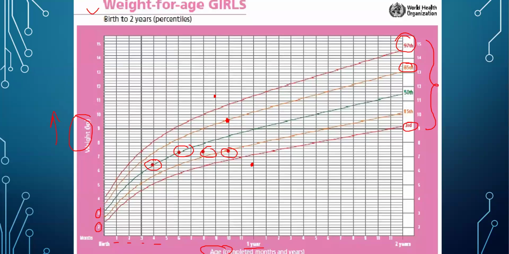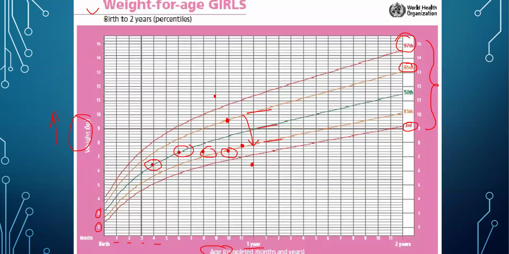And then in 1 month's time, so at 11 months, it is now at the 15th percentile. We say that if a child's weight dropped by more than or equal to 2 percentile lines, so from 85 it dropped to 15. So there is one line, sorry, this is one line and this is two lines, right? So more than or equal to 2 lines,